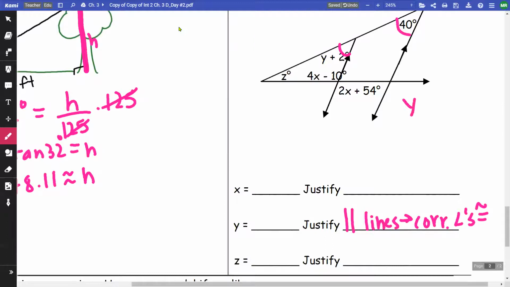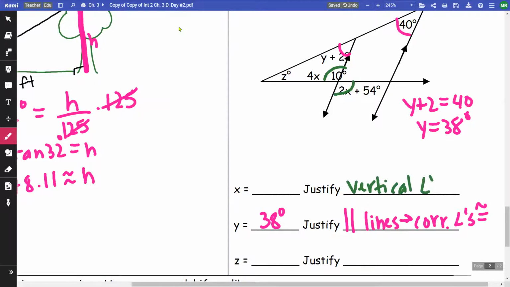So that means that the y plus 2 has to equal 40. So y is going to be 38 degrees. So this is going to be 38 degrees. This and this are vertical angles, and vertical angles are congruent. And so 4x minus 10, let me just make sure, minus 10, yeah, is equal to